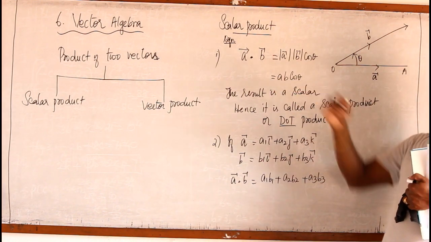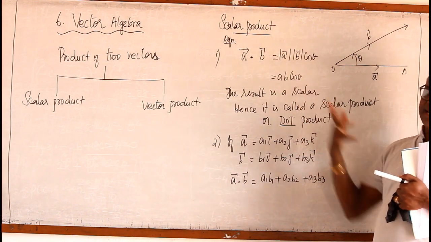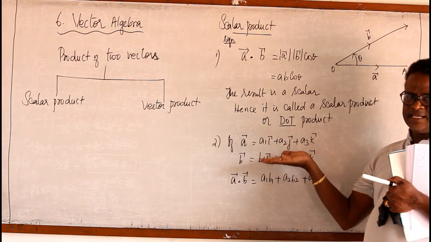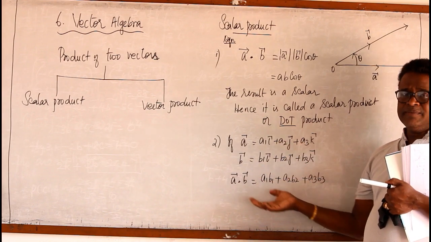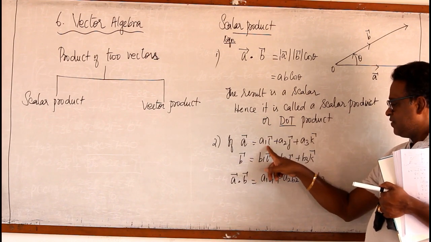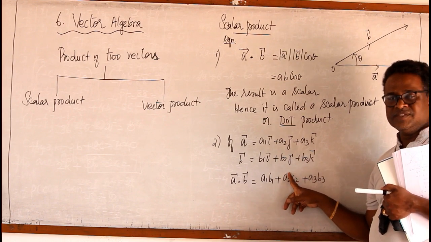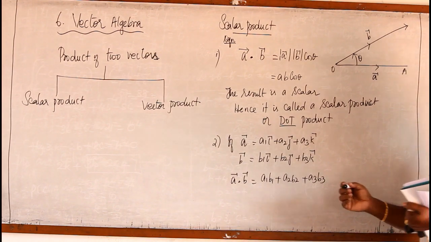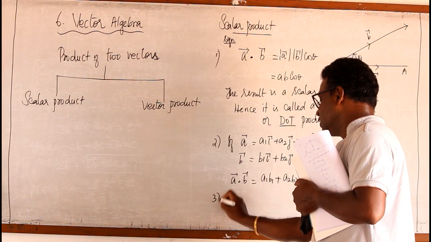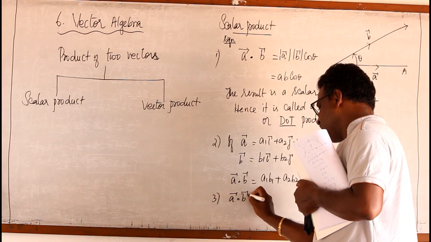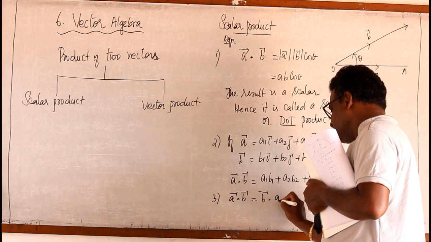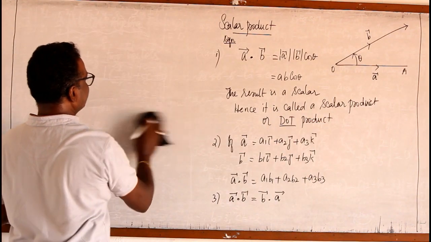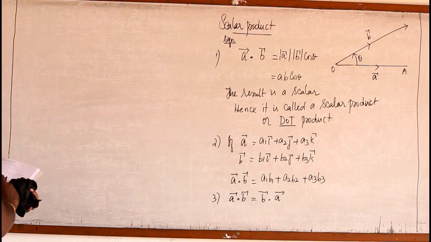So for the dot product, if the vectors are not given in component form, then it is modulus of A, modulus of B cos theta. If vectors are given in component form, then A dot B is: coefficients of i must be multiplied, coefficients of j must be multiplied, coefficients of k must be multiplied, and then their sum must be taken. Then we know dot product is commutative. A dot B can be written as B dot A. So these are things we studied already in our 11th standard. Just for recapping, we are giving all these things.